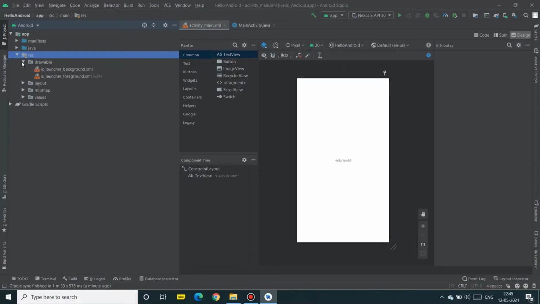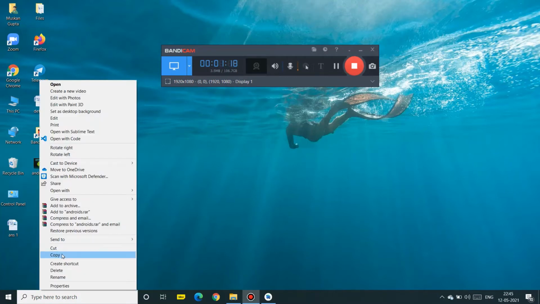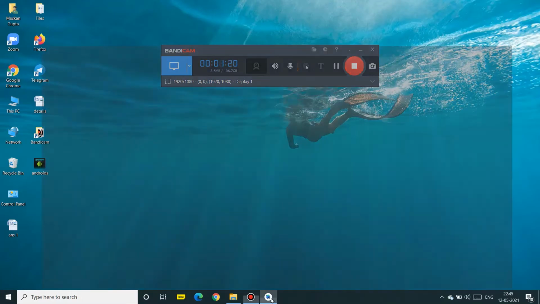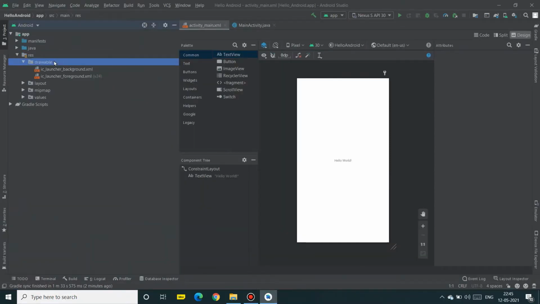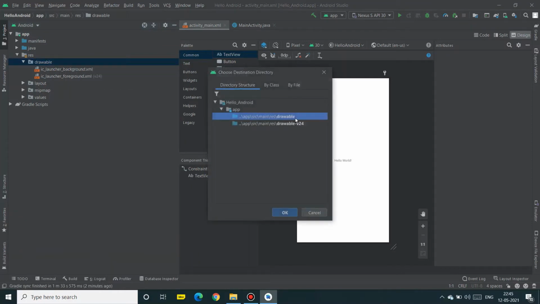Now to add an image in our app, we will add an image in the drawable folder. Make sure to choose this file, drawable.